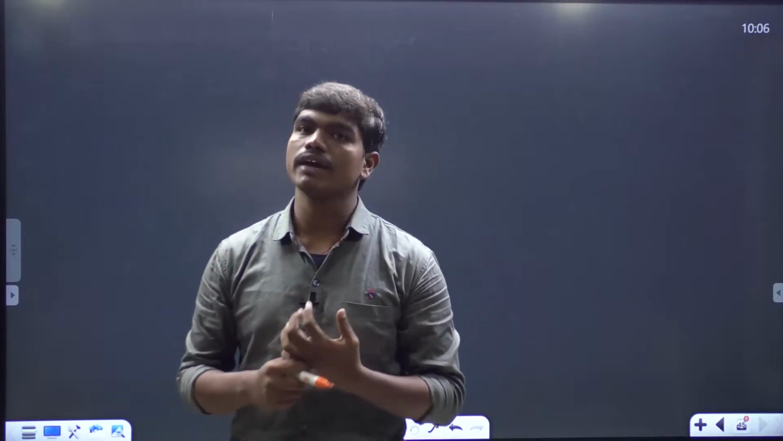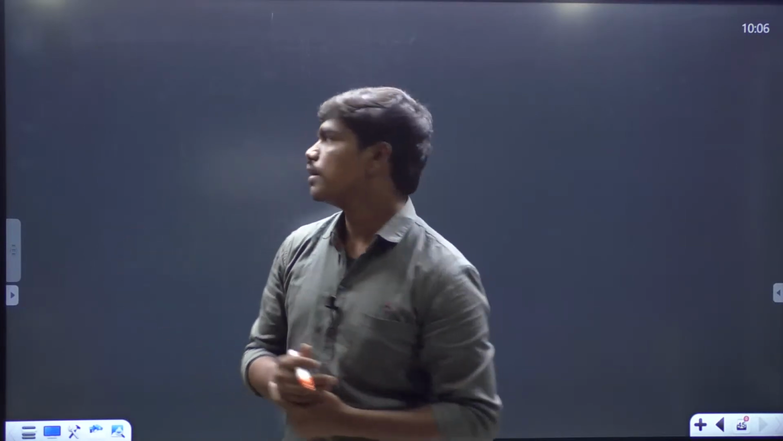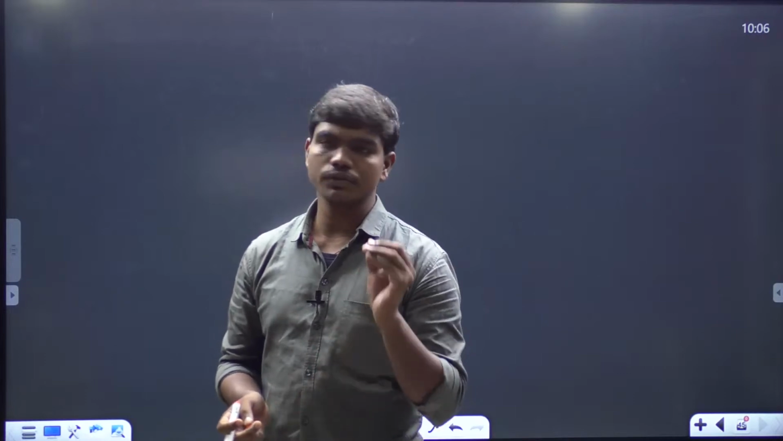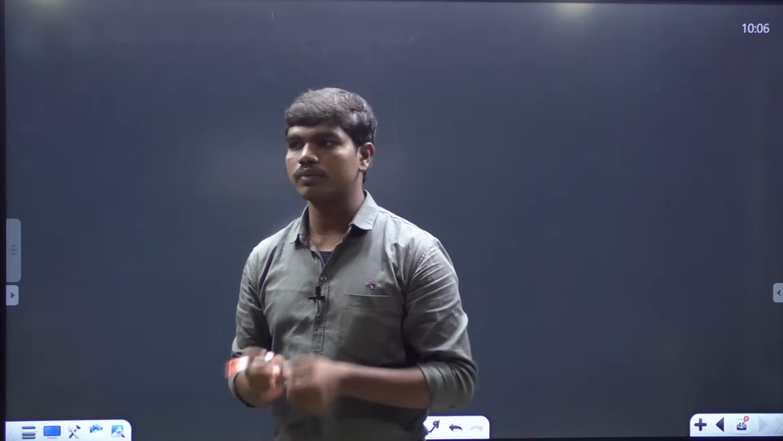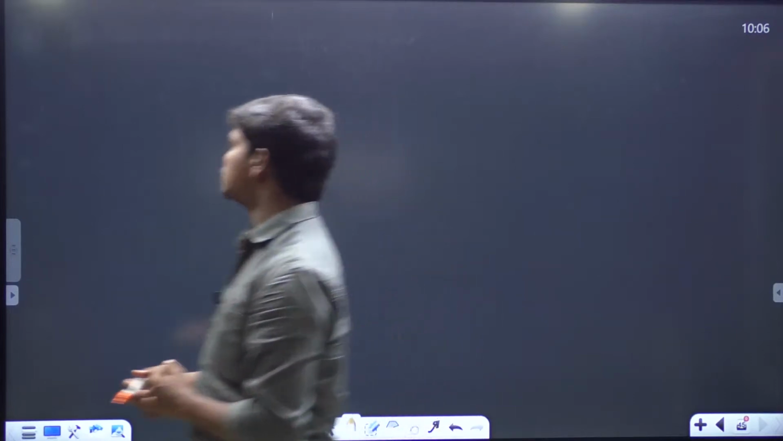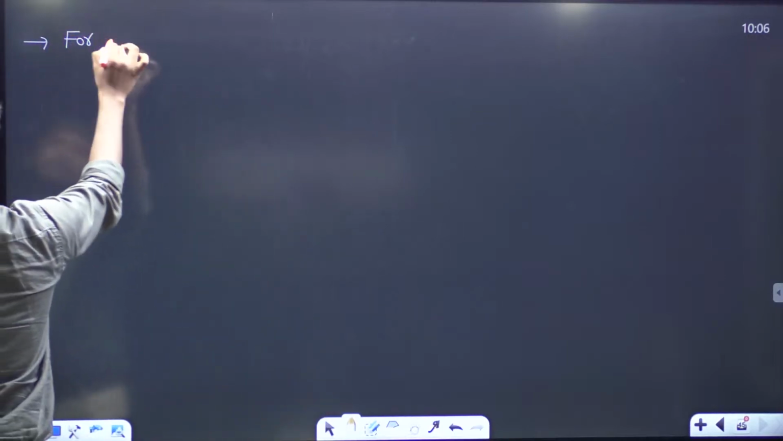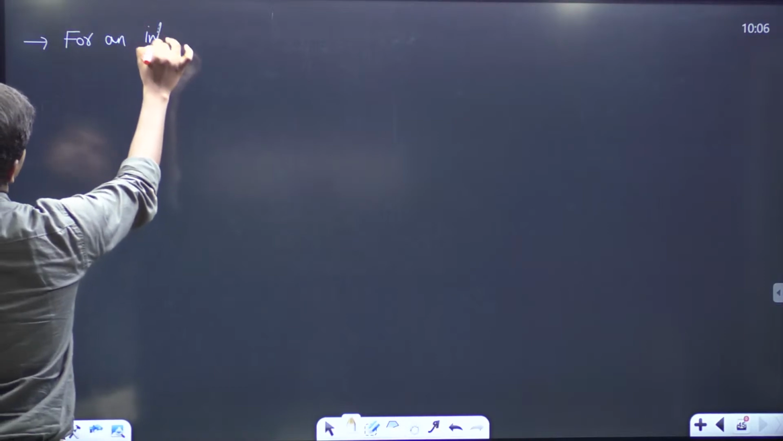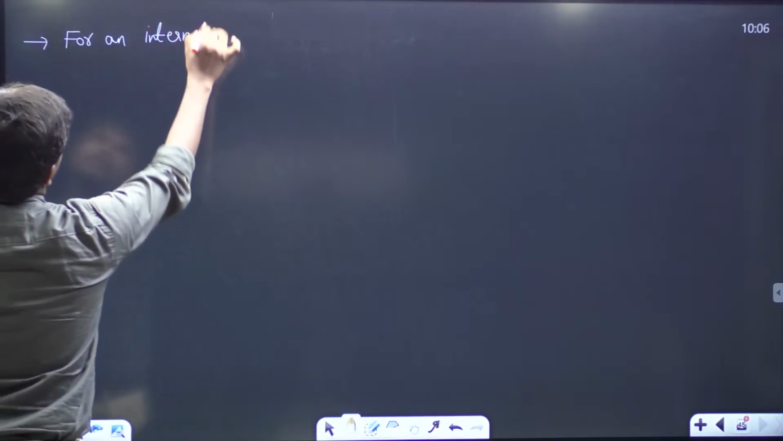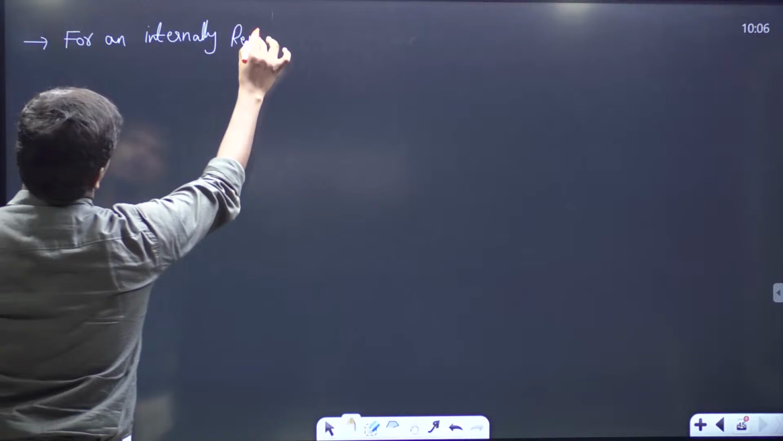Yesterday we solved previous GATE problems based on entropy, and we saw how to apply the entropy balance equation. Before going for the exercise straight away, there are a few little things in entropy that could take 10 to 15 minutes that I would like to settle here. So in entropy, for an internally reversible process,